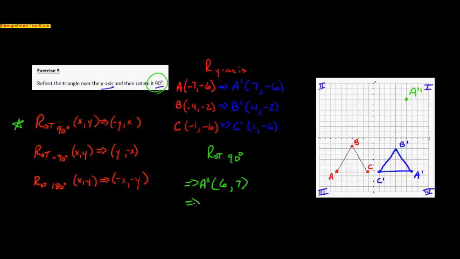So we're going to do B double prime the same way. It starts out with 4, -2. I switch those around and turn the Y value to the opposite, and yes, to 4. That is also up in the first quadrant, so that's B double prime. Okay, and one more to go. That is C double prime. That's going to switch these around and turn this to the opposite, and 6, 1 is going to be right here. That is C double prime, and connect the dots,